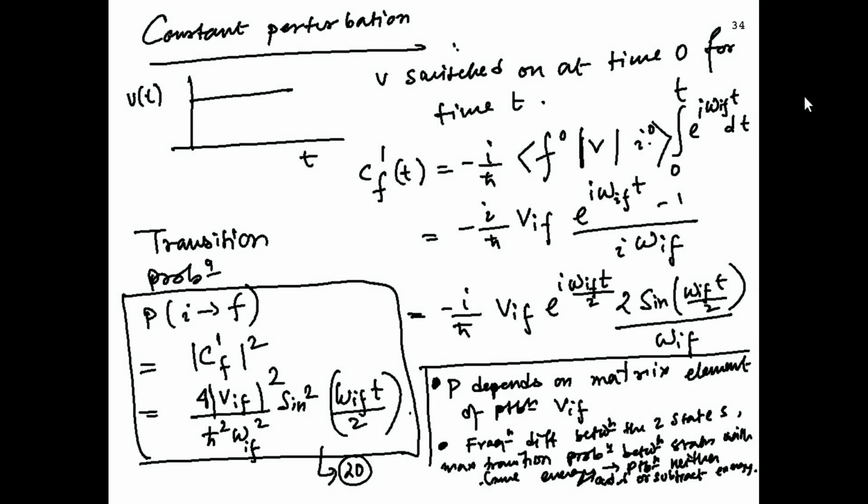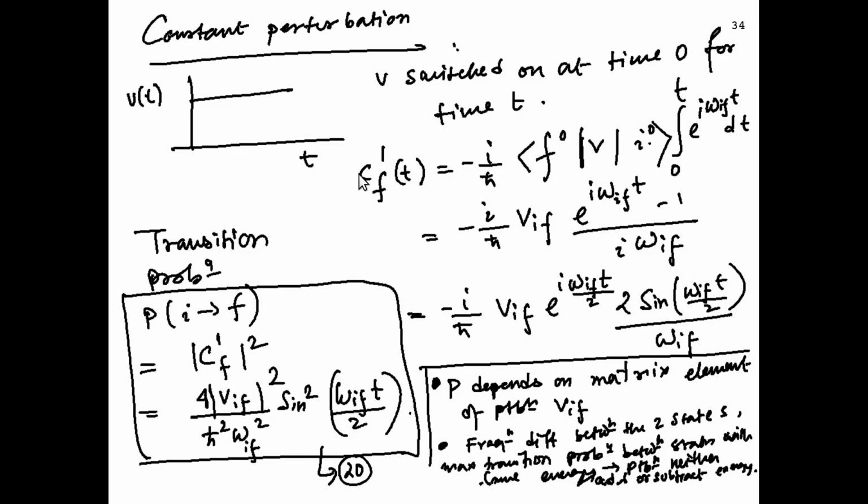Now in part 3 of this perturbation theory lecture, we'll do the example of constant perturbation in great detail, and we'll see what subtle features can emerge by applying this kind of perturbation theory. Let's consider the problem where, as you can see in this diagram, one can turn on the potential V(t) at time t equal to 0 and keep it on. So see what happens when you do that.